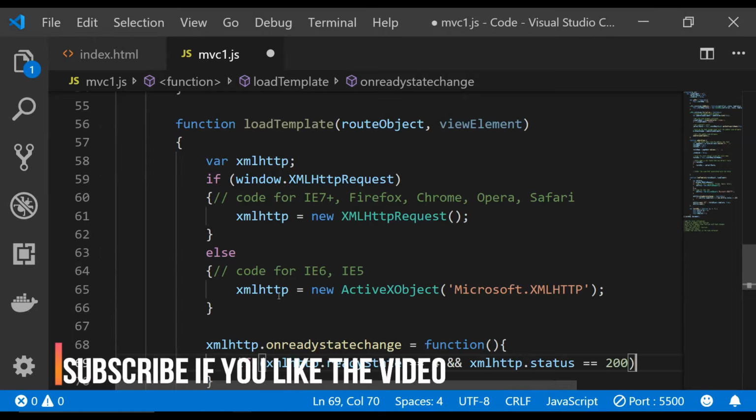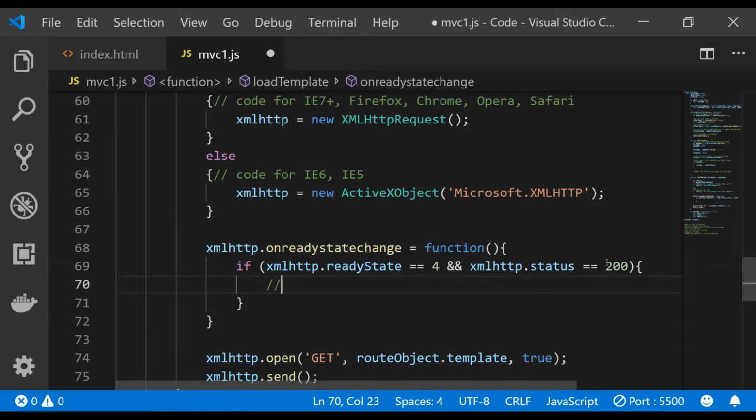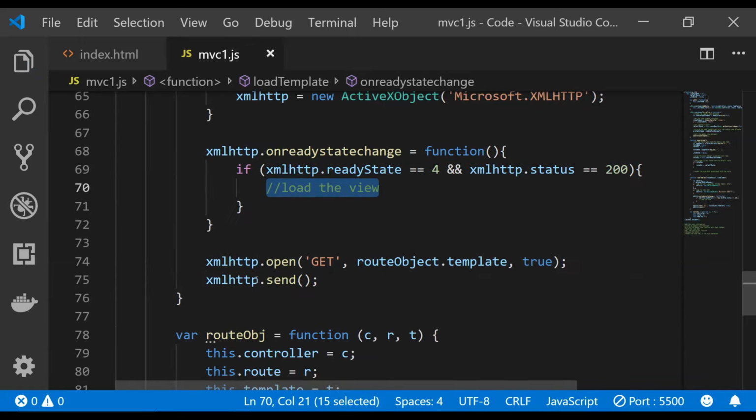So if the ready state value is 4 and the status is 200, it means that the request has been successful. So we can now load the view,